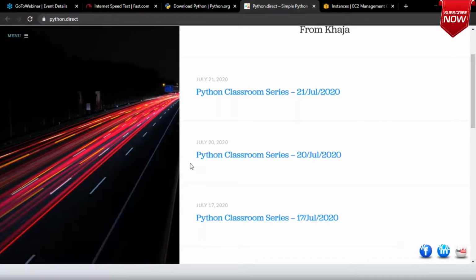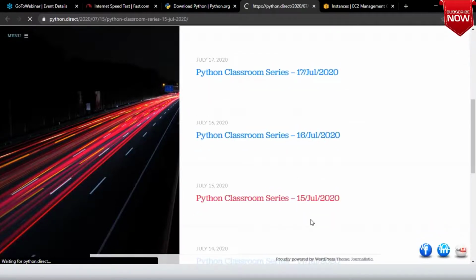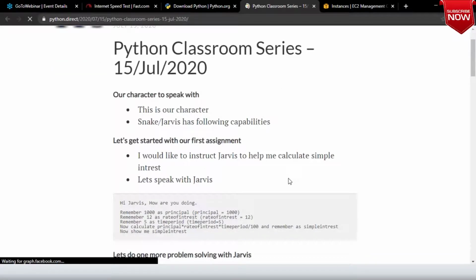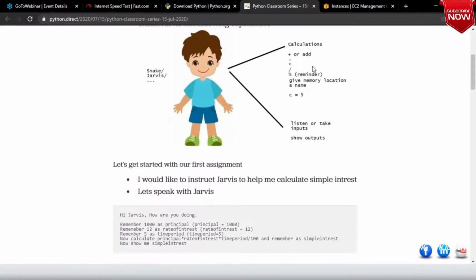Jarvis problem you have solved. Good. Don't worry about those Jarvis problems now, because we have to introduce a new character to you. You know Jarvis, now you have to get to know one more. Before that, we are trying to understand the capabilities of it. Remember, in our older classes, our Jarvis had some capabilities, yes or no? We understood Jarvis's capabilities.